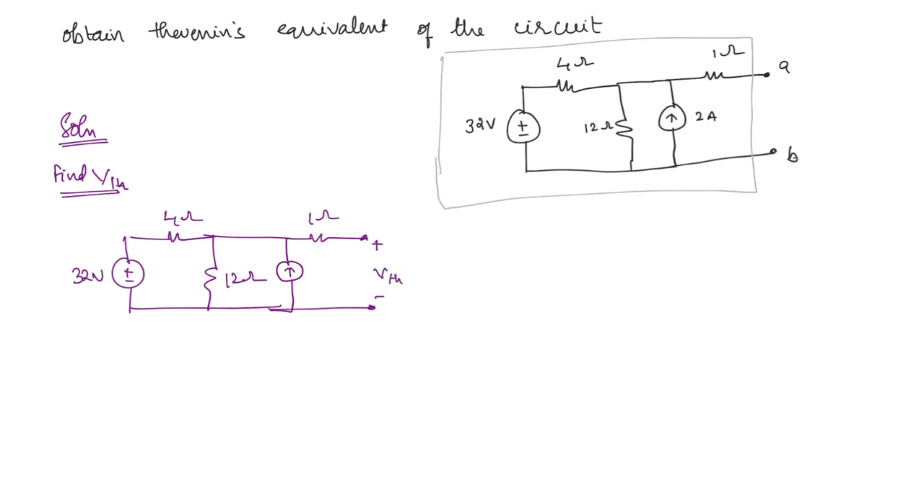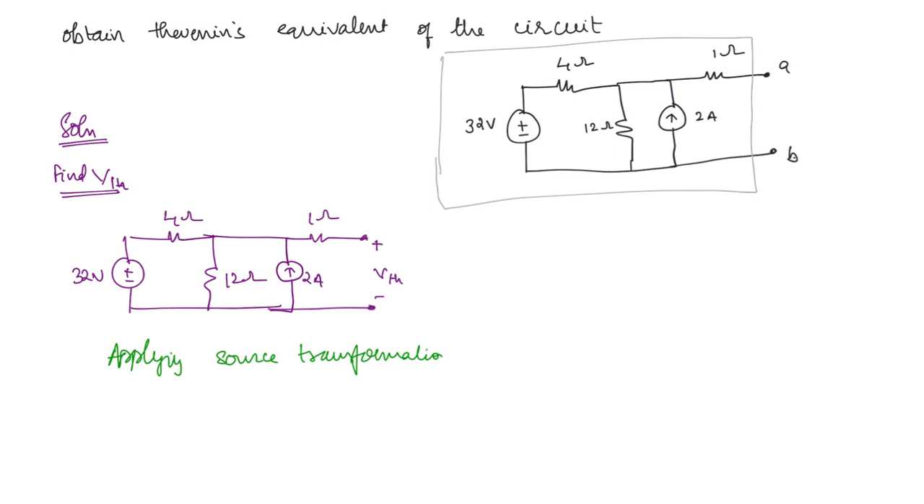Now how to find VTH? Here you can see that this is 2 amperes. Now here you can see that this voltage source is in series with a resistance, so you can apply source transformation and you can get a current source in parallel with a resistor. Then you will get parallel resistances here. You can easily find the equivalent resistance, and 2 current sources in parallel you can also very easily combine into the equivalent current source. So applying source transformation,